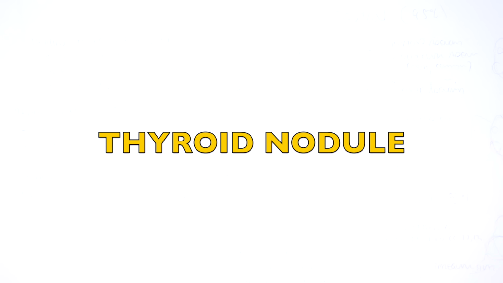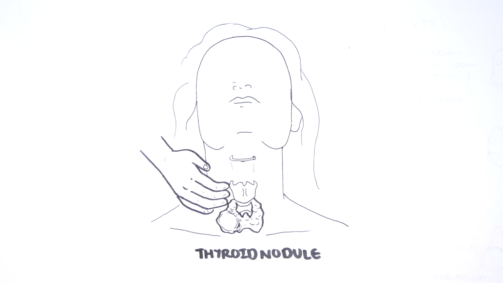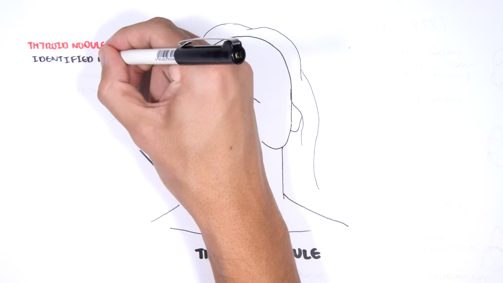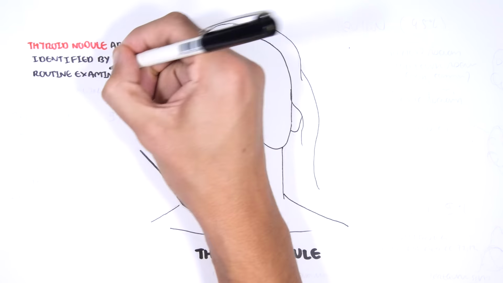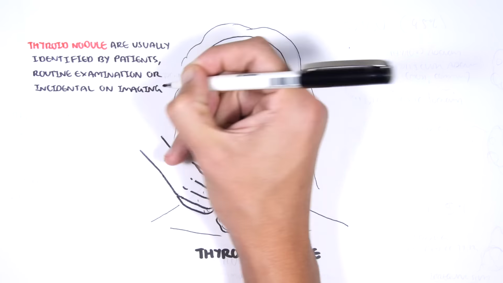Hello, in this video we're going to talk about thyroid nodules. A thyroid nodule is technically a goiter, which means an enlarged thyroid gland. A thyroid nodule can be defined as a nodular goiter. A thyroid nodule is usually identified by the patient on routine examination or incidentally on imaging such as a CT neck